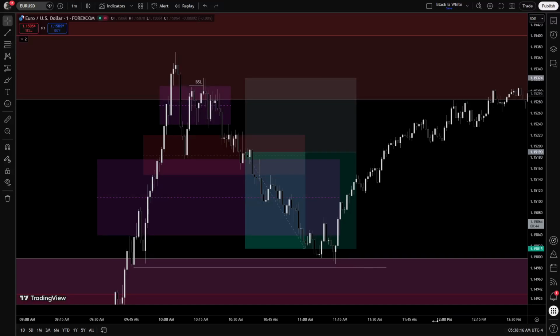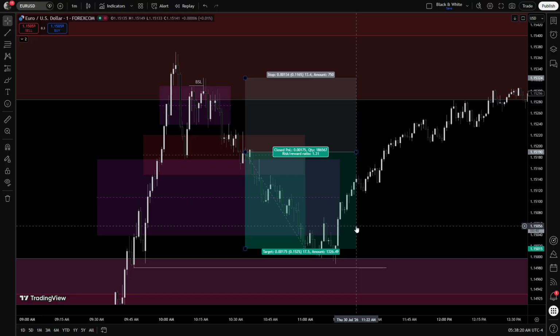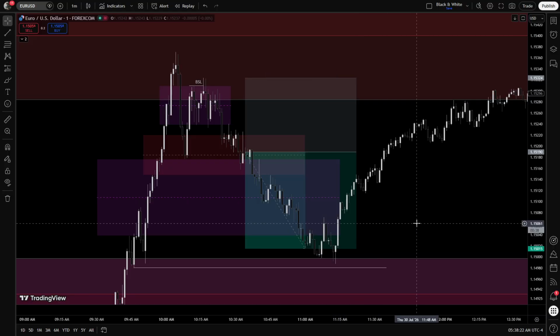Alright everyone, we just had a very short, as you can see, almost 1:1 trade yesterday. And yeah, I'm really sorry I'm doing this trade recap now because I was really busy yesterday. That's why I'm doing it right now. So it's alright. And as you can see, this is a very short trade.